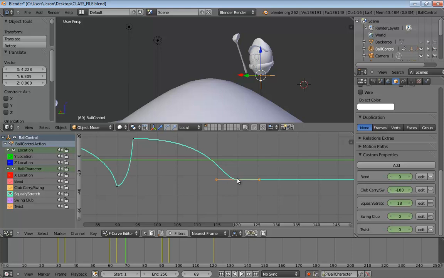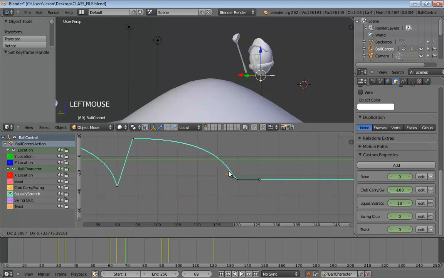Now, I'm not going to be worried about anything that takes place after frame 120. That's actually going to be part of your guys' assignment. Did the keyframe prior or two prior to that one? I think it nudged. Yeah, it did. There you go. And I'll just pull this into a point and just hold there.